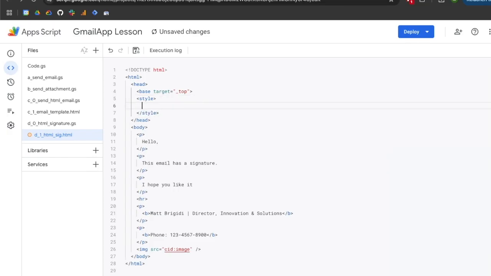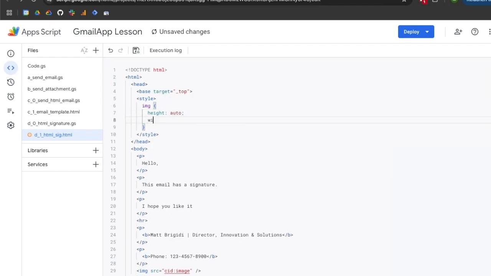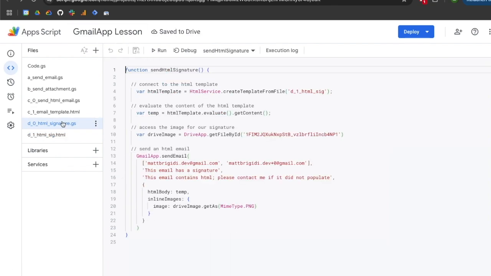We'll hit enter, and we're going to reference IMG because that is the tag that we want to add style elements to. So we'll hit space, add curly brackets, hit enter. We're going to reference height, add a colon, and we're going to set that to auto, add a semicolon, hit enter, and we'll reference width, and we'll set that to 155px, add a semicolon, hit save, go back to our script file, hit run,